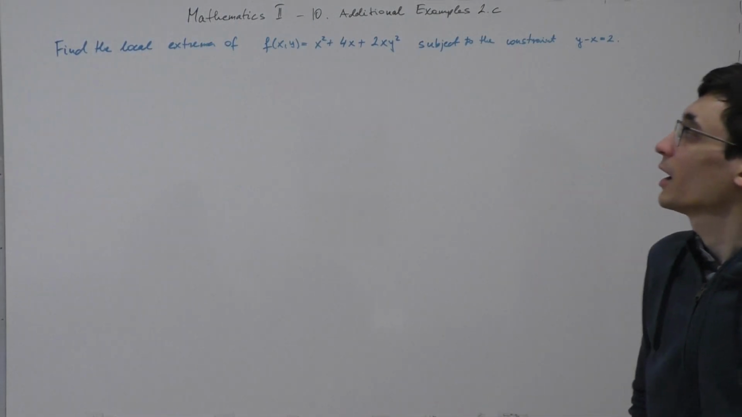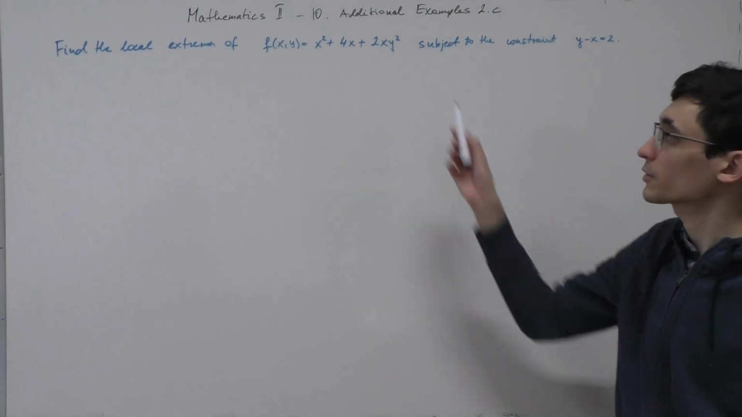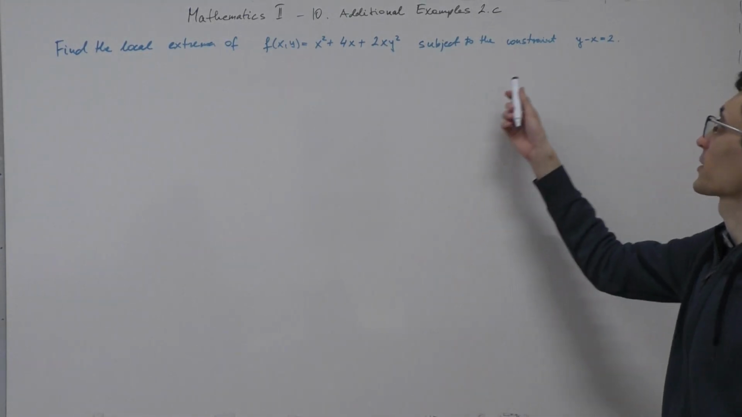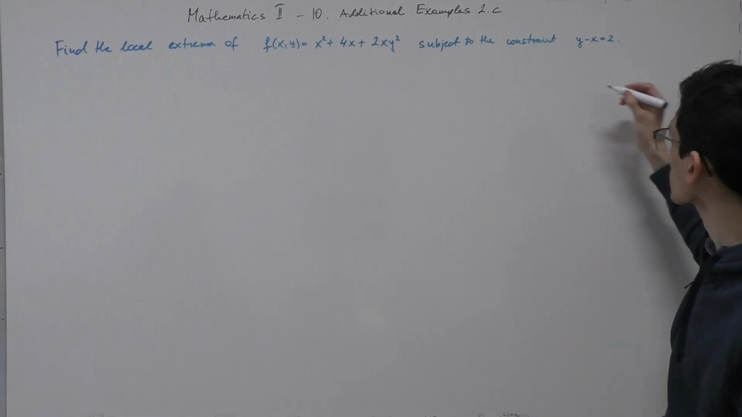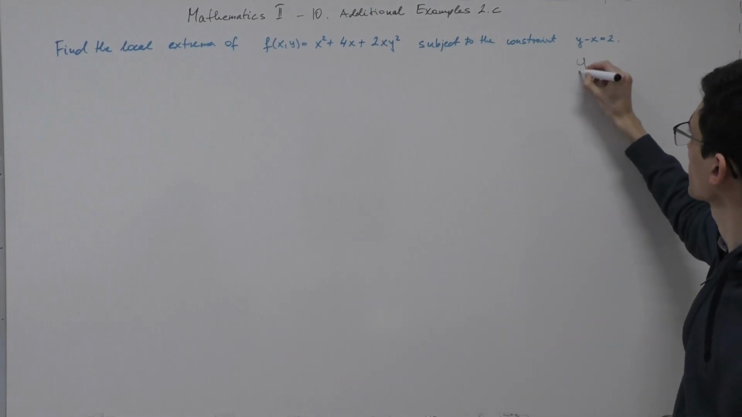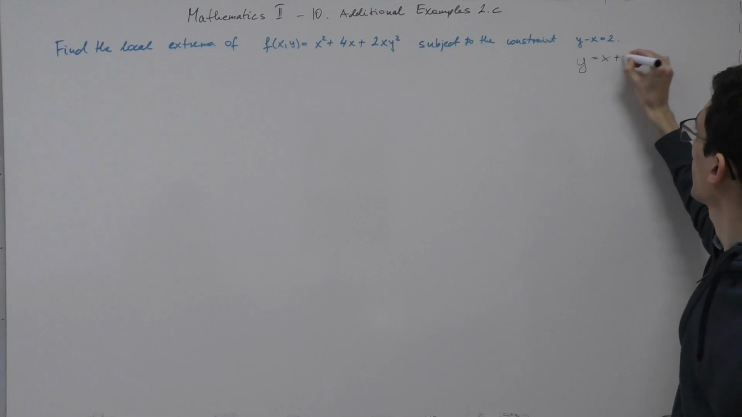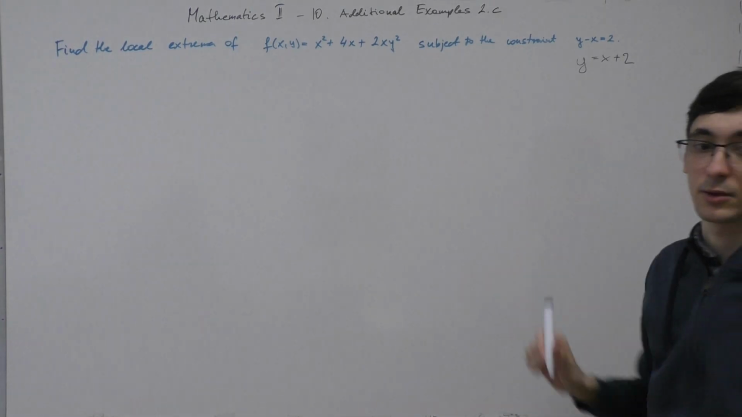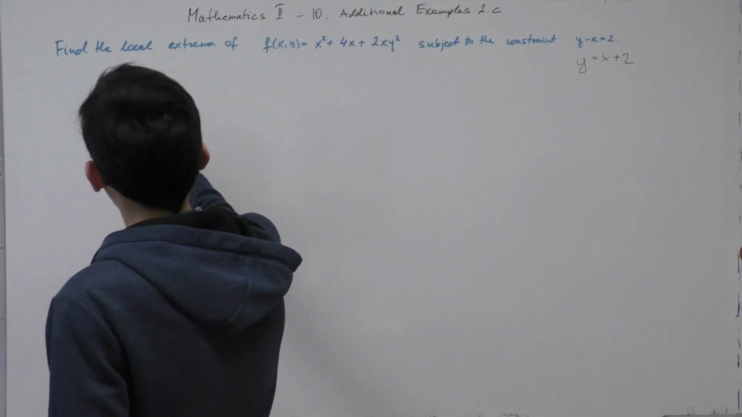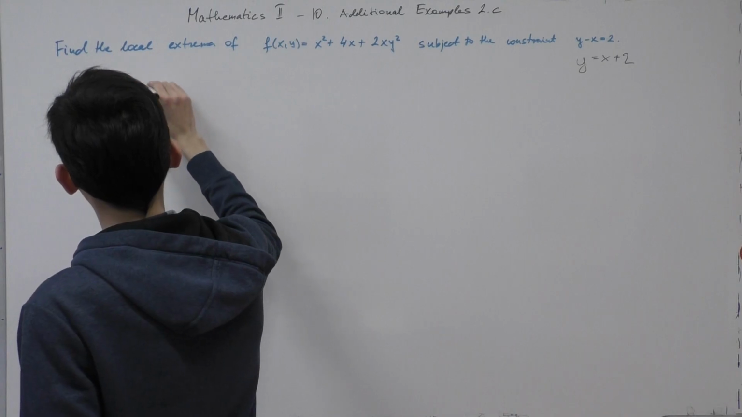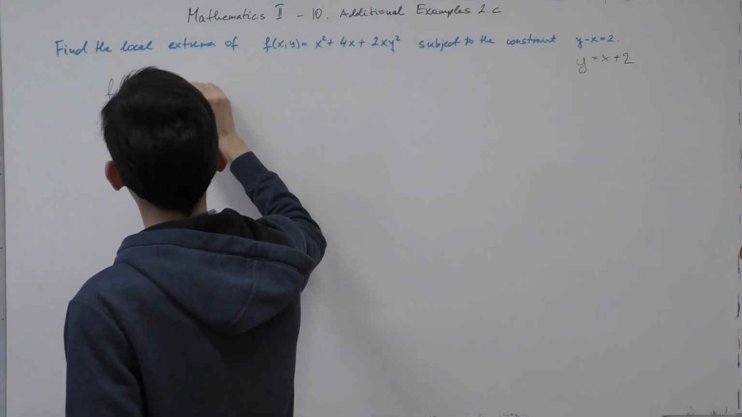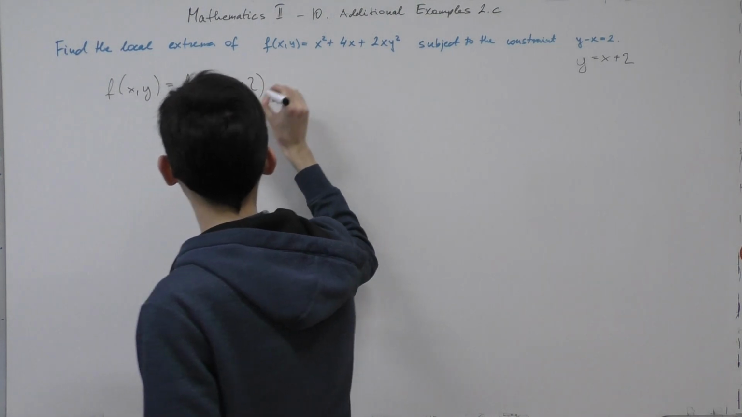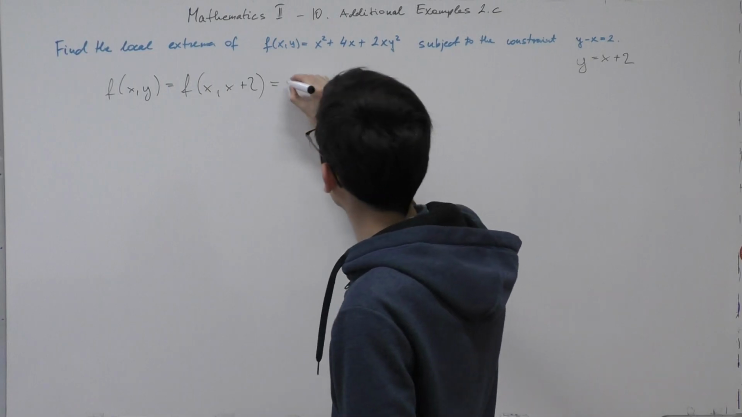In this exercise we have this nice continuous function, and we must find its local extrema subject to this constraint. We can manipulate this into y equals x plus 2, and now we must write this back into our function. We will have f of (x, y) equal to f of (x, x plus 2), which is x